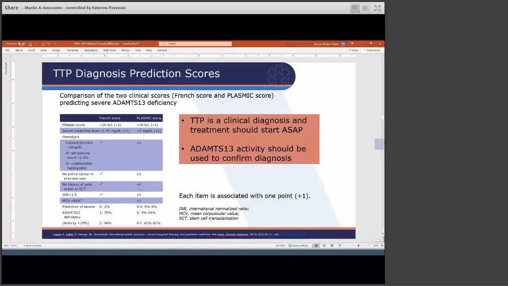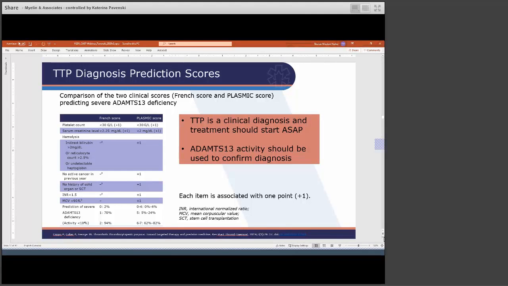So going to the next slide, there are two TTP diagnostic prediction scores that are published. One is called the French score, and the other one is called the PLASMIC score. The PLASMIC score was developed in the United States. The French score is actually very, very simple. It has only a couple of things that you take into account, such as platelet count and creatinine, essentially,